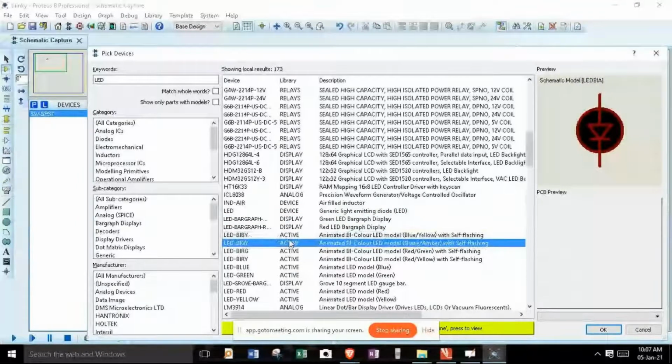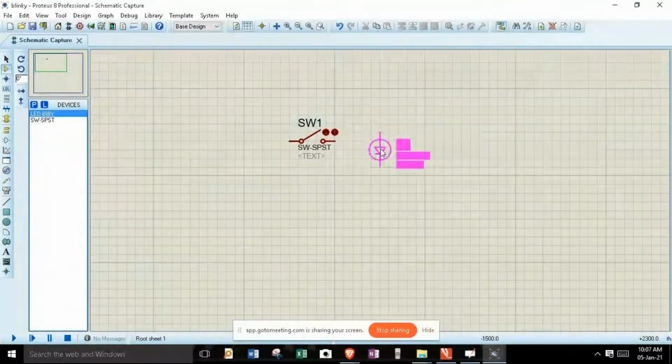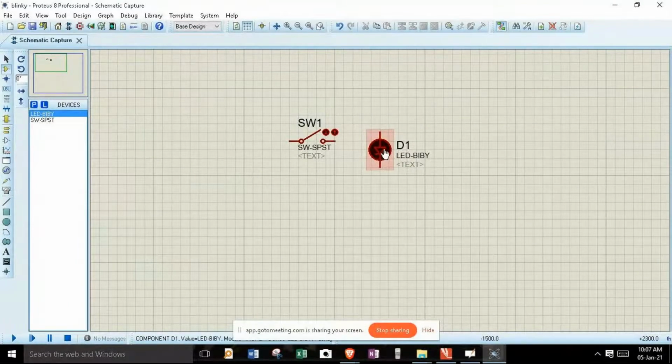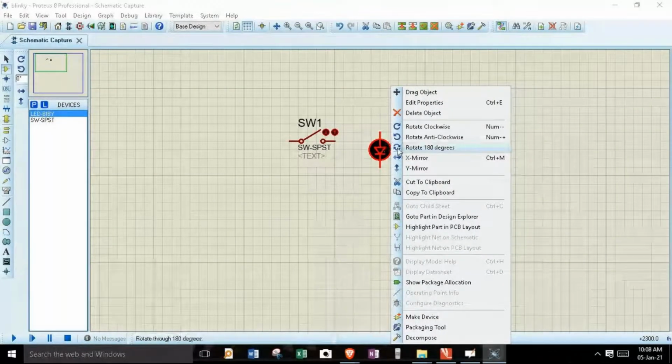So for the time being, I'll select LED BIBY. After placing this LED, I can also rotate it for my orientation. So I'll rotate this anti-clockwise.